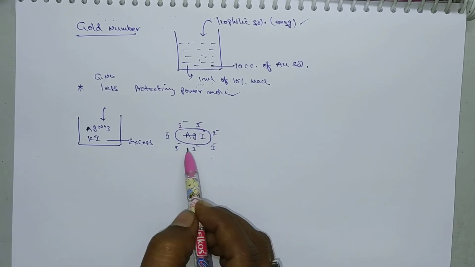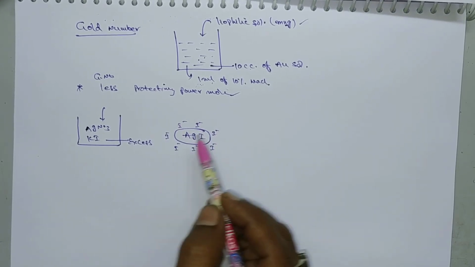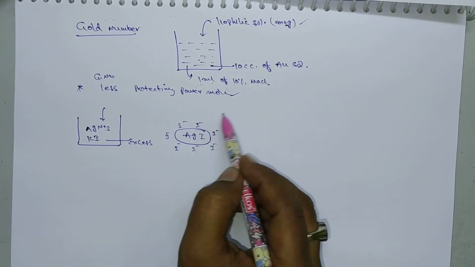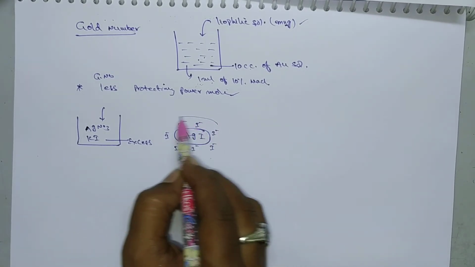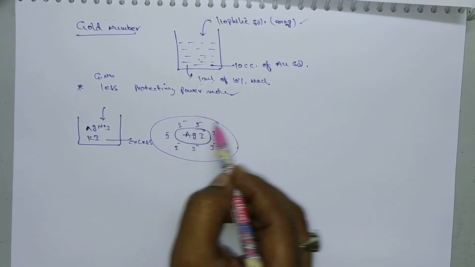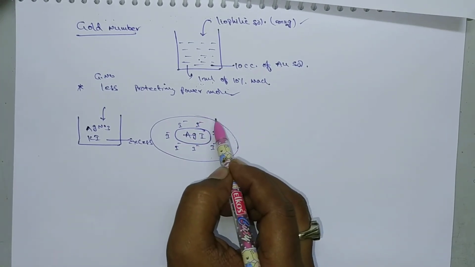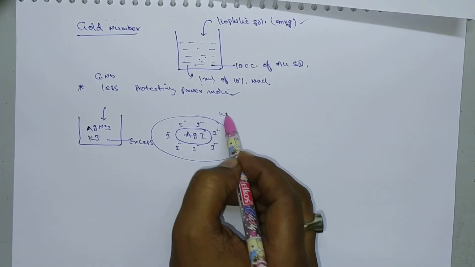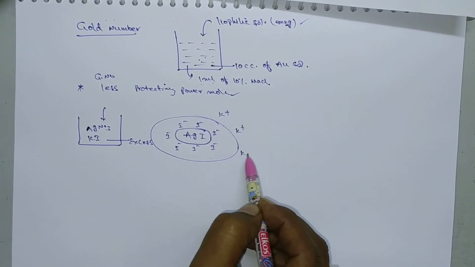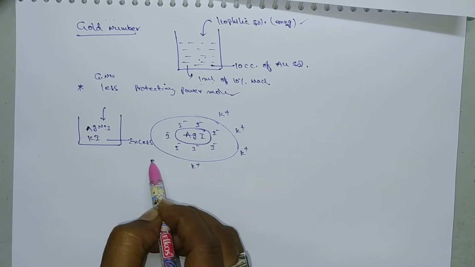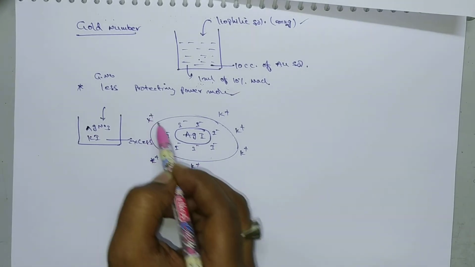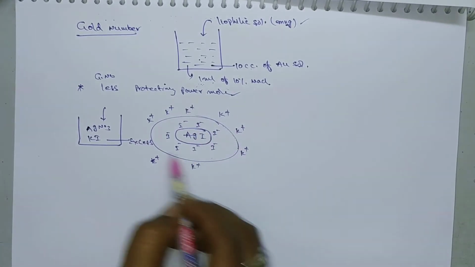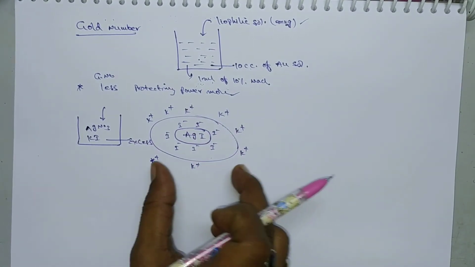So on this negative sphere, the solvent molecules having some positive ion, those positive ions will be adsorbed on the surface of these negative ions. So what are the ions present in solvent molecules? Here there are some K plus ions. These K plus ions are from the solvent, and they will be adsorbed on the surface of I minus ion. So in this way a double layer will be formed.